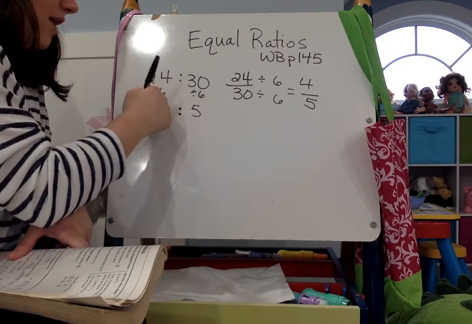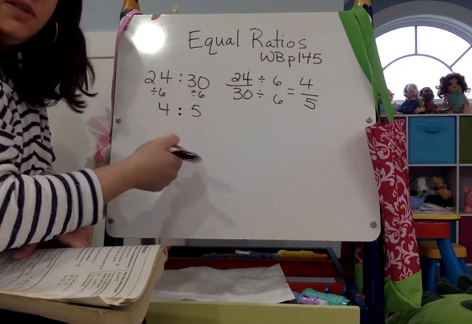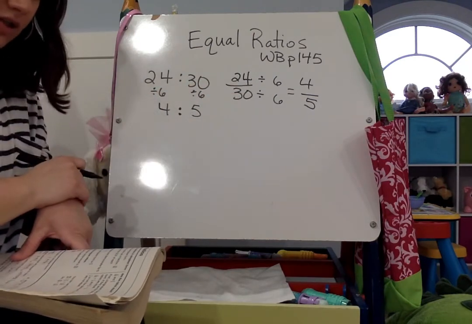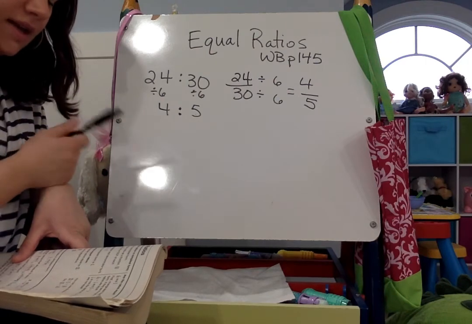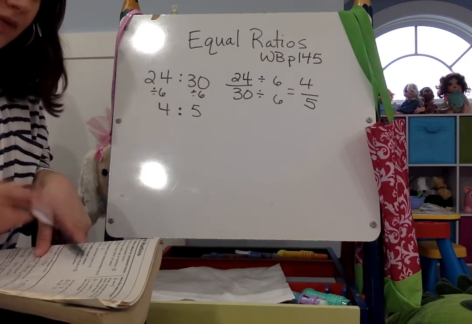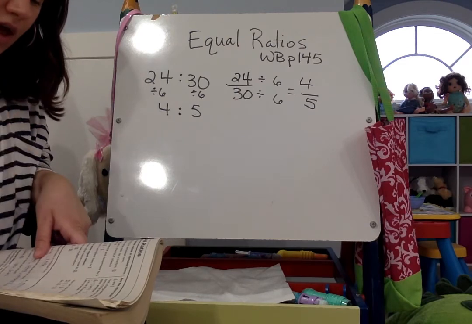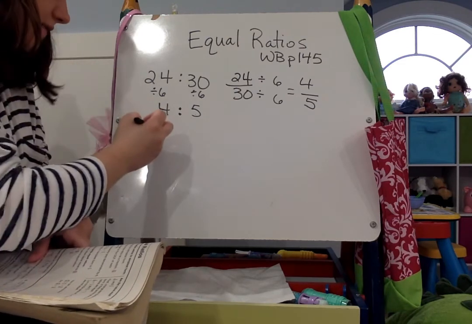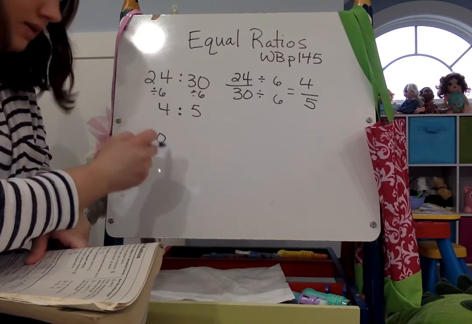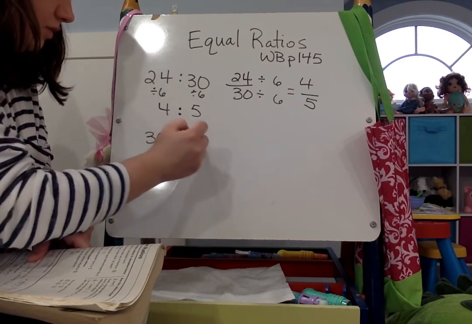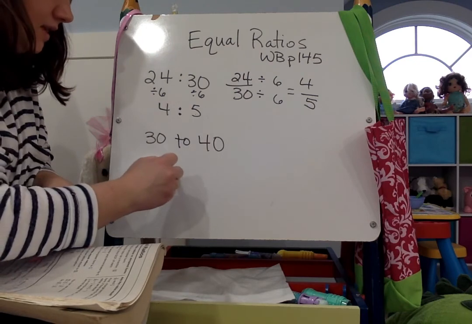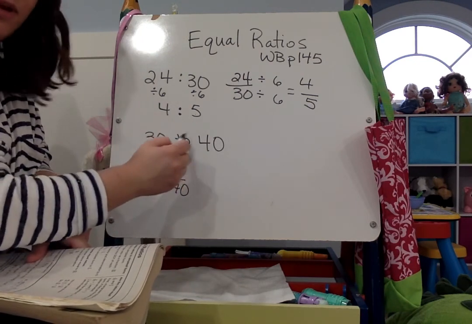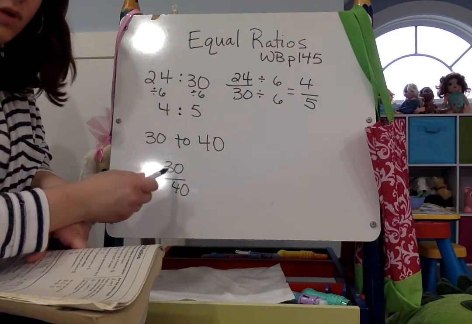You don't have to write the division in here. You've practiced that enough when you're simplifying, but just to show you that that's the method you're using, just like simplifying fractions, okay? Now, there's also a note at the bottom of that example that says how to come up with another equal ratio. So it gives us the ratio 30 to 40, and I'm actually going to use word form here. 30 to 40, it writes it as a fraction like this, and that's a little bit easier to work with, but don't forget that it can be written in any of the forms. So if you